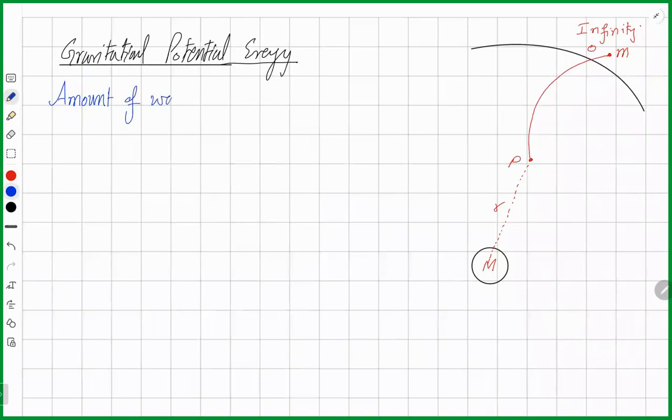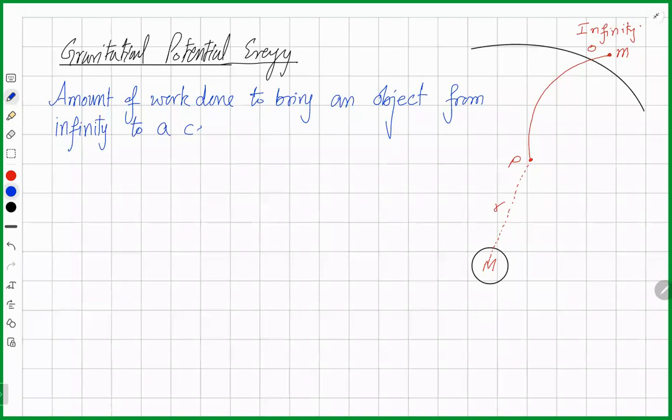Amount of work done to bring an object from infinity to a certain point in a field is called gravitational